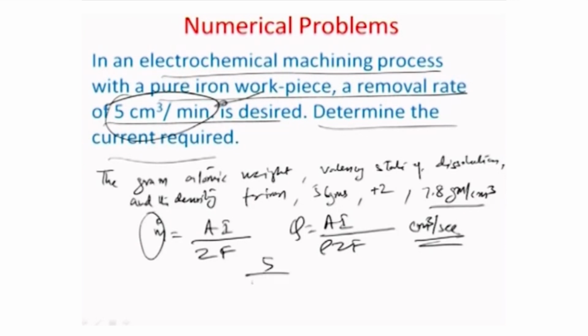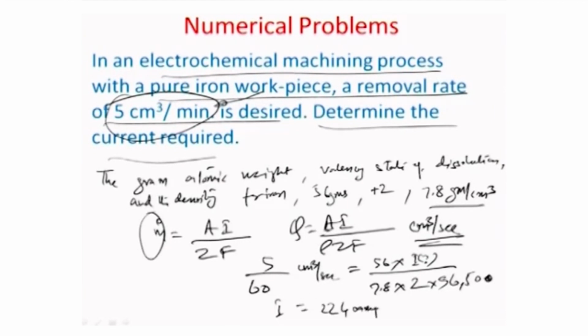We have our volume removal rate, which is intended in per minute. So, we have 5 by 60 centimeter cube per second, which should be equal to the atomic weight of iron, which is 56 grams, times the current desired, which we need to find out, divided by the density 7.8 grams per centimeter cube, times the valency state. So, it comes as a divalent dissolution, and of course the Faraday value, which is 96,500 coulomb. In other words, calculating this for I, you get a value of about